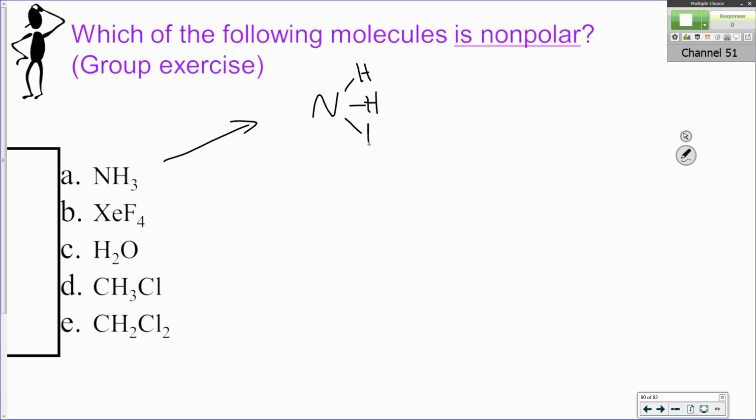We've talked about ammonia already, so there's its Lewis structure. You can work with that one. So xenon tetrafluoride. I'm going to do the ones that I know. That's water. All right, so this is